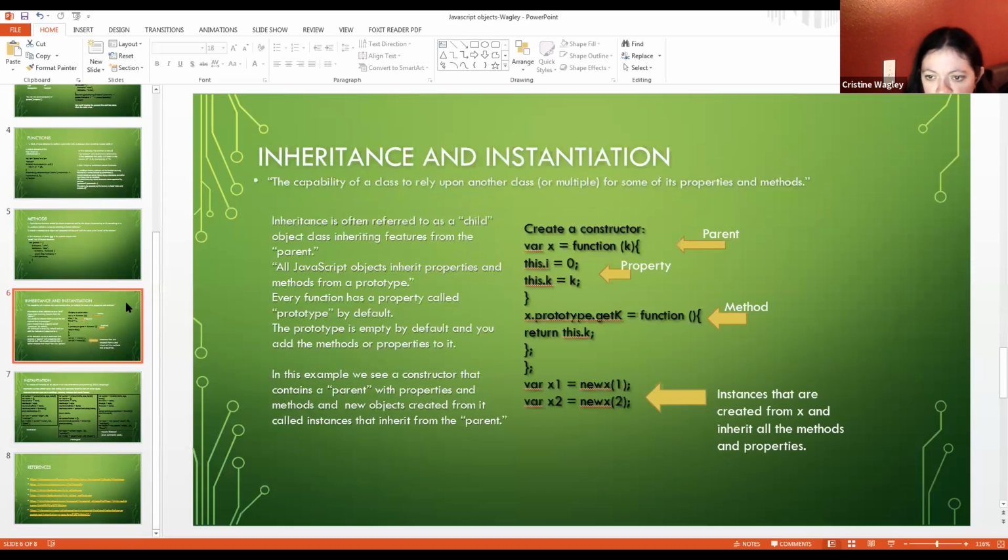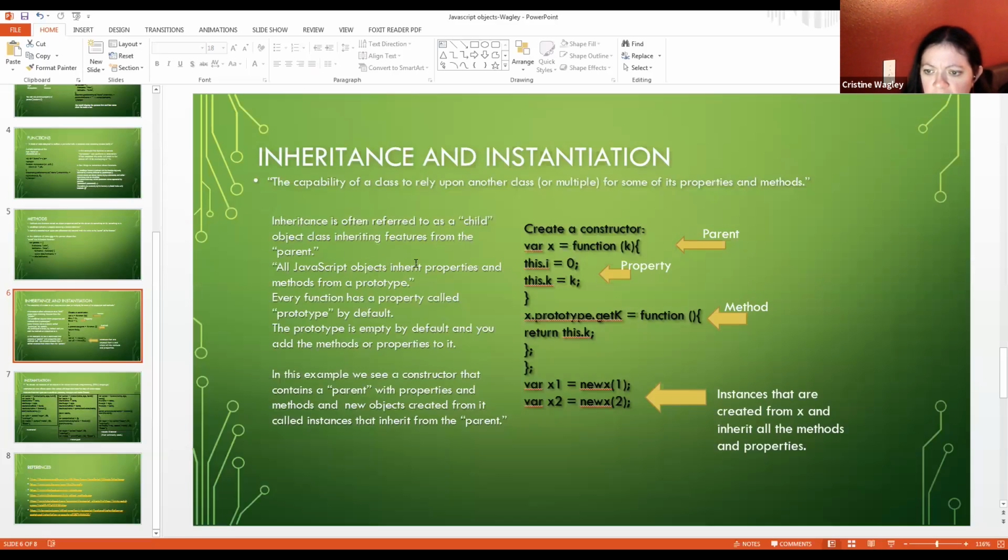Because I remembered hearing of the classes sort of taking from one another, like the parent and child in HTML. And so this is pretty much the same here. You would want to create a constructor, which is kind of like a blueprint so that you can keep pulling from the same one without having to add on to it.